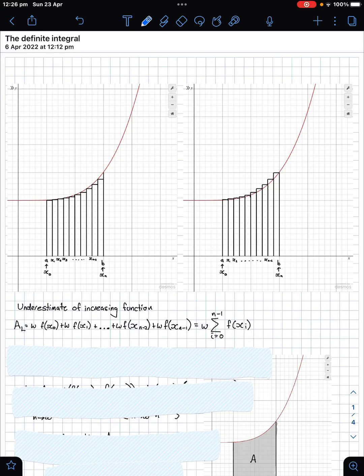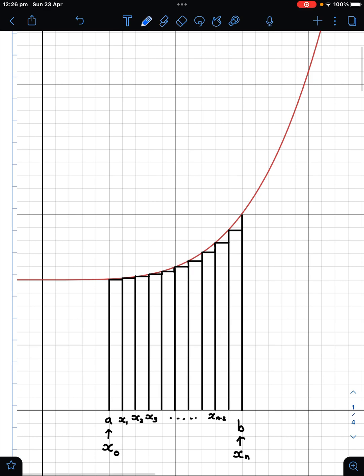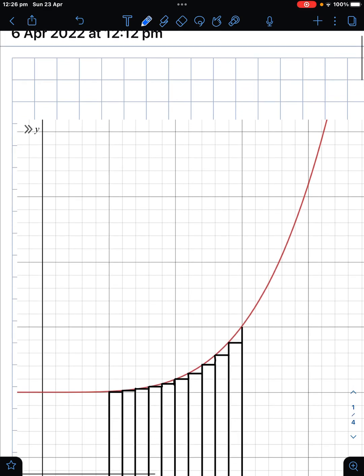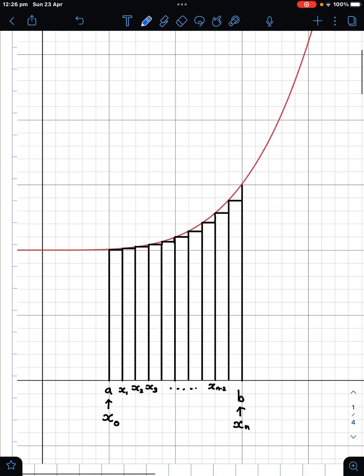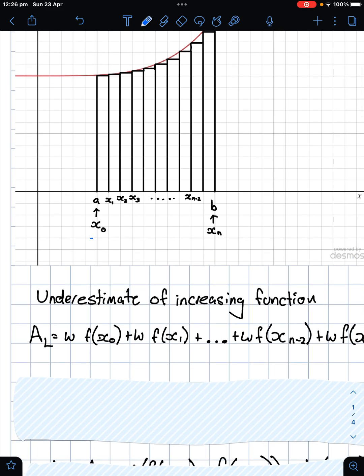We're going to jump through here and look at the definite integral. So we've previously just looked at the area under the curve, and we introduced that as the concept behind integrals or integration. Now we're going to actually look at the definite integral, which we're going to define as we go along. So previously we talked about looking at the area under the curve between A and B,